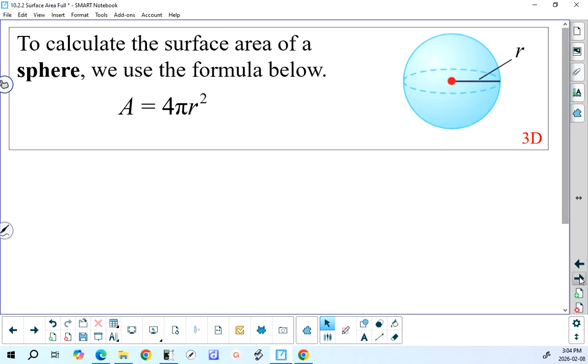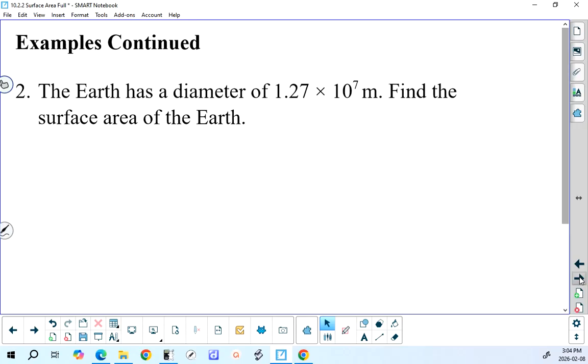Let's take a look now at what happens if we can't deconstruct the shape into familiar shapes. Well, it just turns out that a sphere, a billiard ball, a basketball, a ball, has a surface area equal to 4 pi r squared. And this is a formula given on your formula sheet. So, example 2. The Earth has a diameter of 1.27 multiplied by 10 to the 7 meters. What's the surface area? First of all, this is the diameter. So the radius,